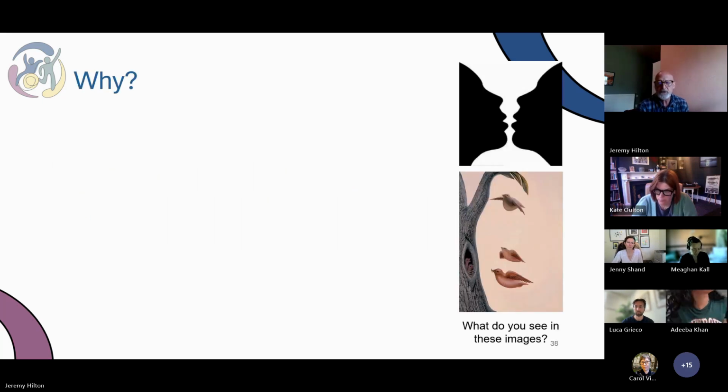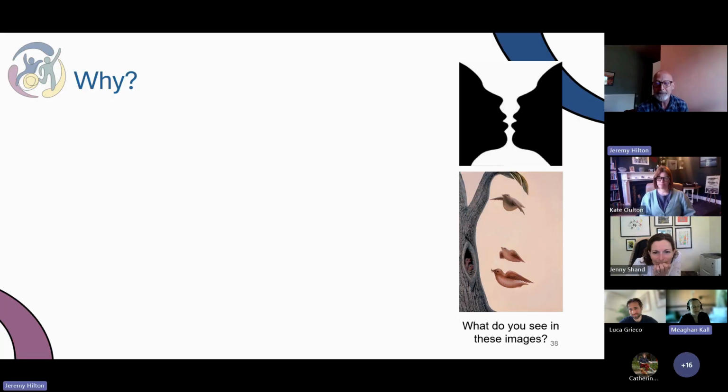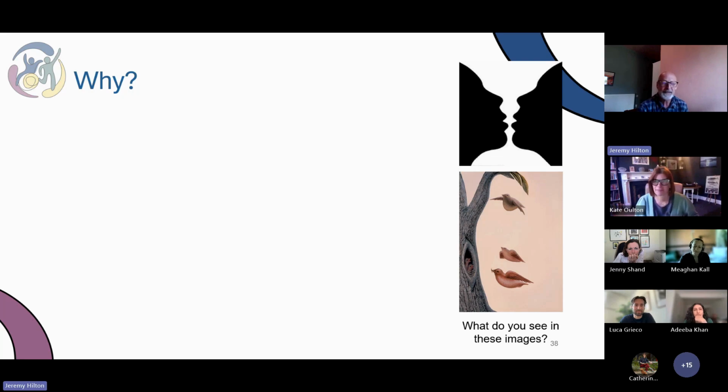So, perceptions. What do you see in these images? I've tried to pick different ones to the normal ones. Tree, kind of, bottom one. The tree at the bottom one, yep. A woman's face. Yeah. Or a face in the bottom one, yes. A couple of faces and a jar on the top one. Yeah, vase, what have you. You've probably come across some of these before. I was looking for some new ones where I could only see one perspective, and I thought, well, what am I missing? So it's quite interesting for some of them.